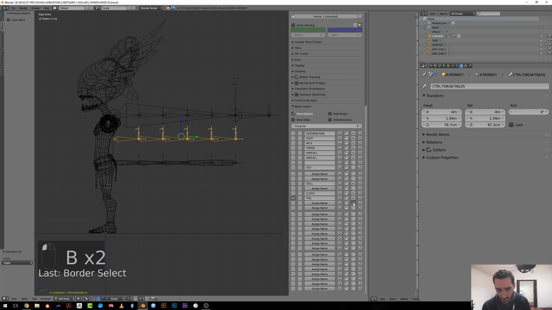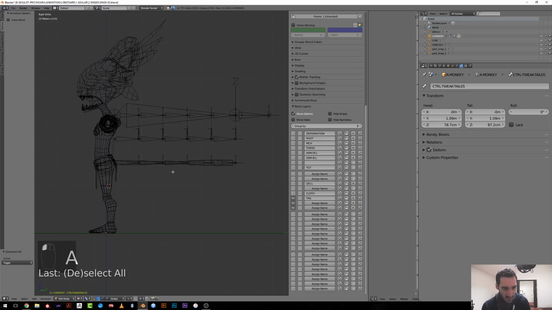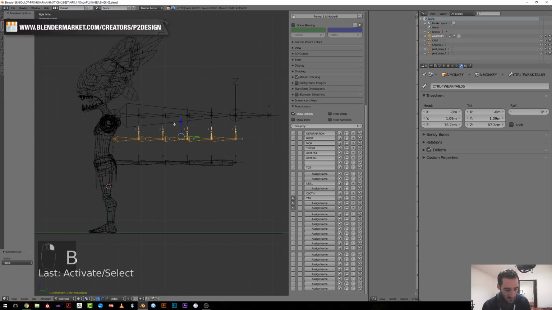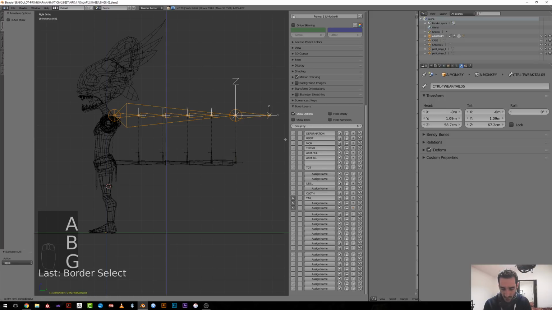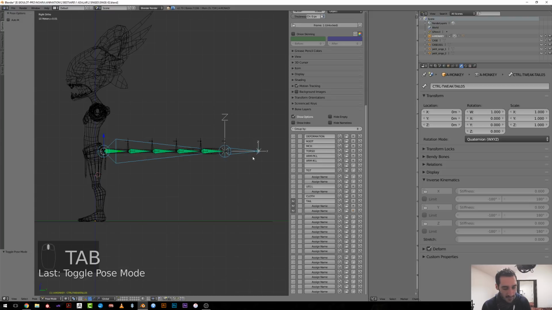I will move them on another layer, and so will I do with those, so that it will be easier to recover if I need to move them back again. So G Z minus 20, I think, yeah, and minus 40, G Z minus 40, and now that they are aligned,